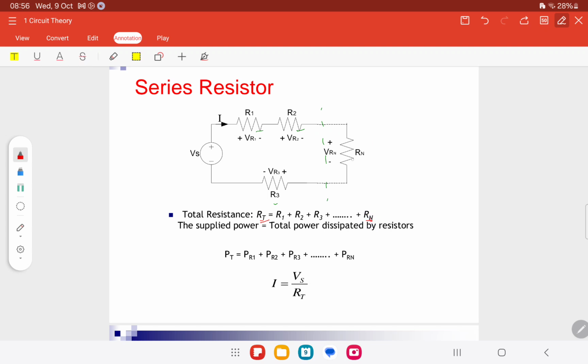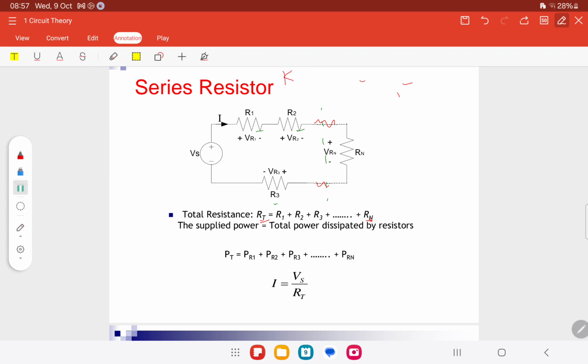Okay, ni dia letak Rn sebab maybe dia boleh jadi beberapa lagi kat sini. Okay, and let's say for the KCL, okay, dia akan jadi V R1 plus bukan macam tu, sorry. For KCL